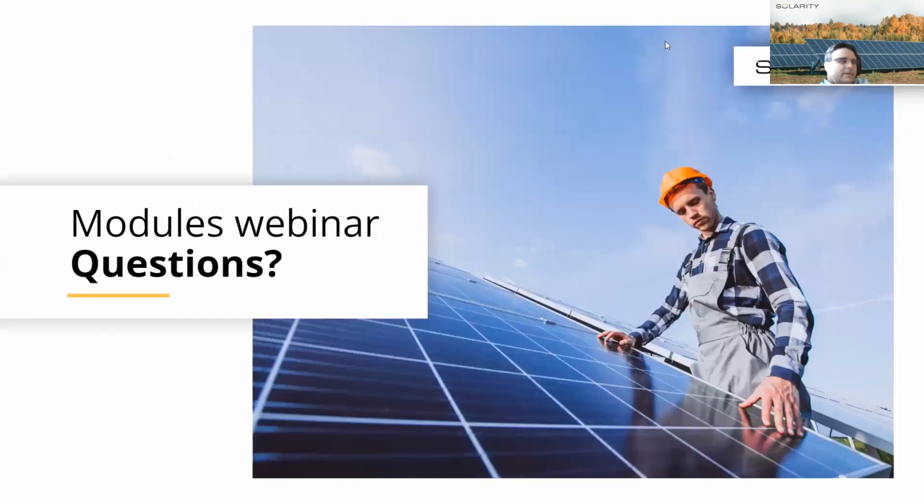And before we go into the Q&A session, I have one question, a very quick one. Christy, do you have any experience of manufacturers having issues with this shift from 35 to 30mm frames? Because I heard that somewhere the large modules are wobbling when they are picking them up and installing them. They have issues with the wobbling of the structure. Do you have any manufacturer talk with you about this, or not yet?